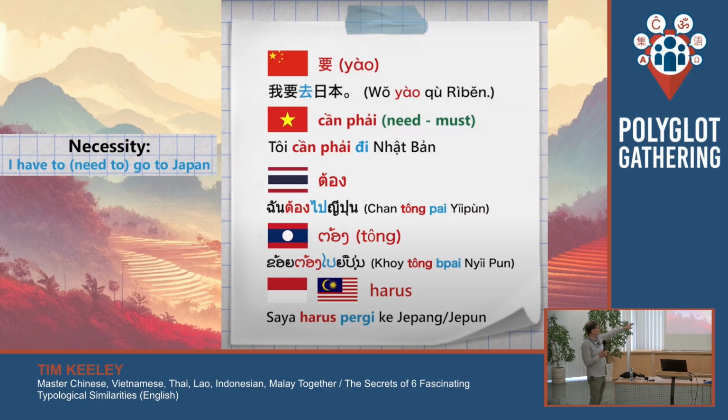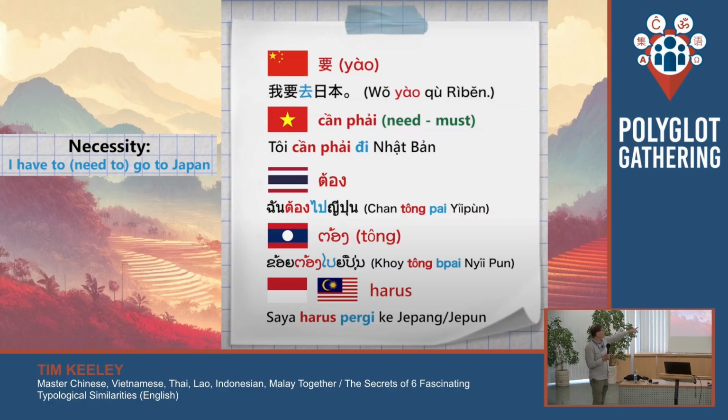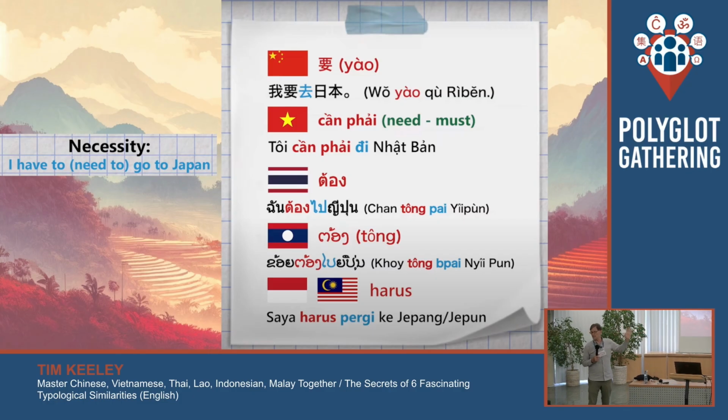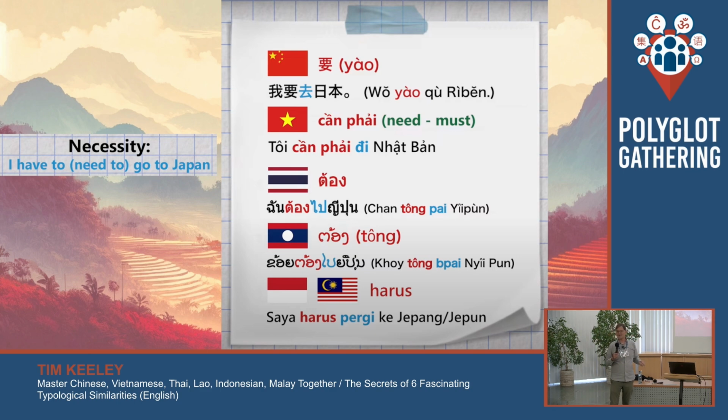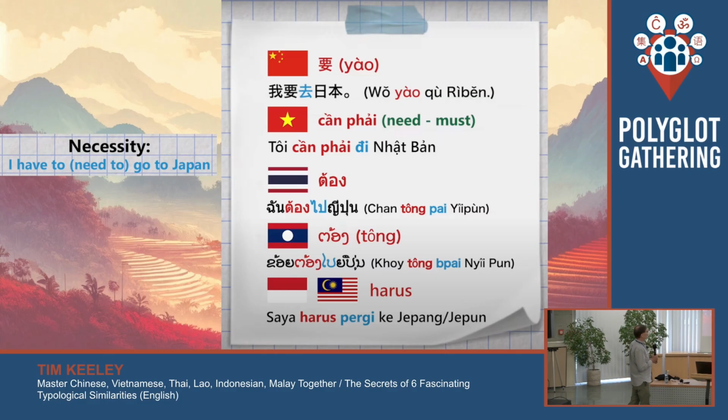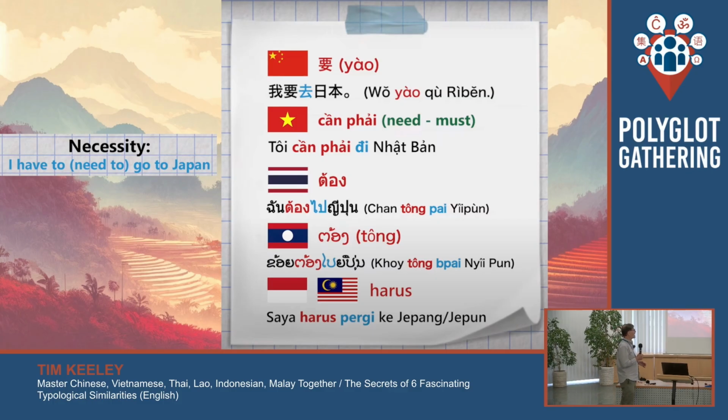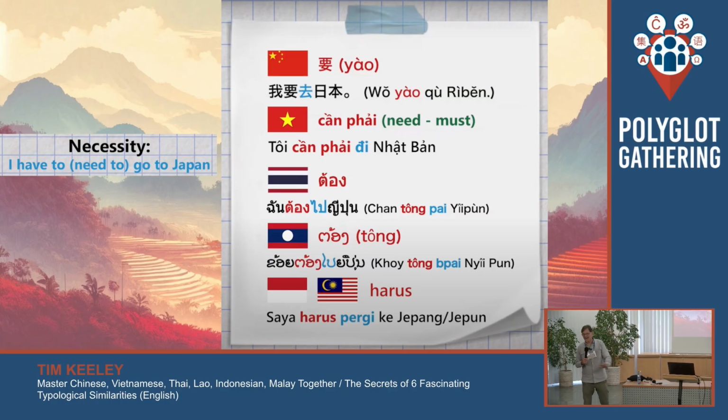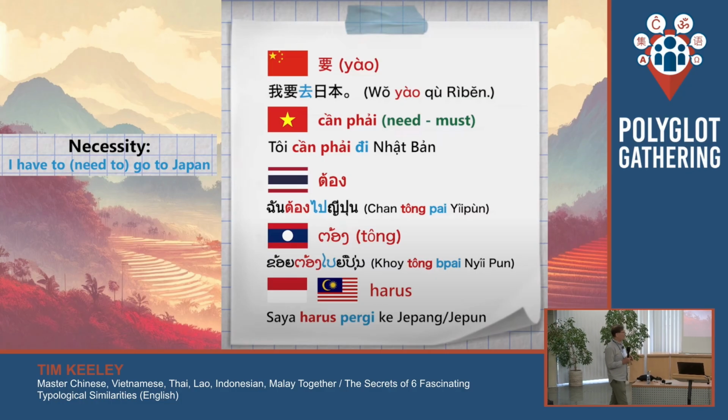And you can see that actually the Lao and the Thai are basically the same sound, a little bit different. I don't know, if you look at the alphabet, I don't know if that looks similar to you or not. They both come from Khmer. If you're used to reading Thai and you spend a couple of hours learning to read Lao, you'll get it. All right, so you thought Cyrillic was difficult, right? Okay, so we have Chan Dong Bai Yipun or Koi Dong Bai Yipun, almost sounds the same. And then in this case, usually it's going to be exactly the same in Indonesian and Malay, using harus pergi.